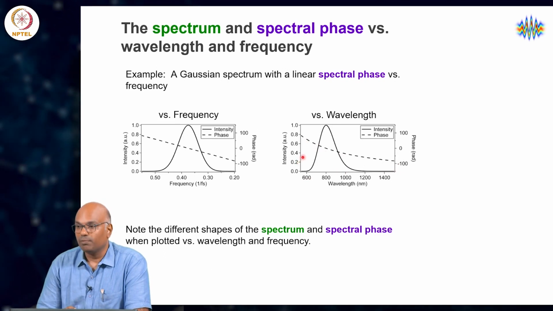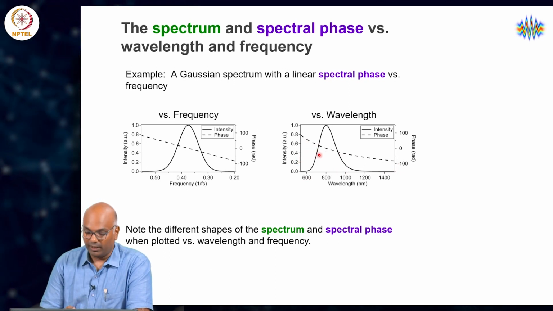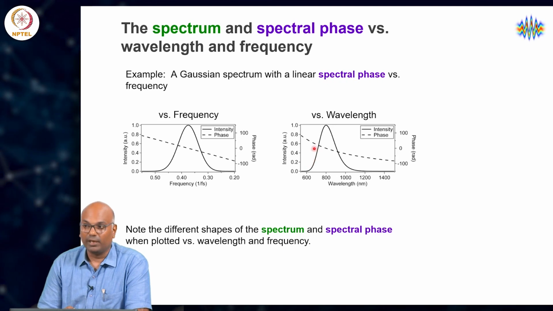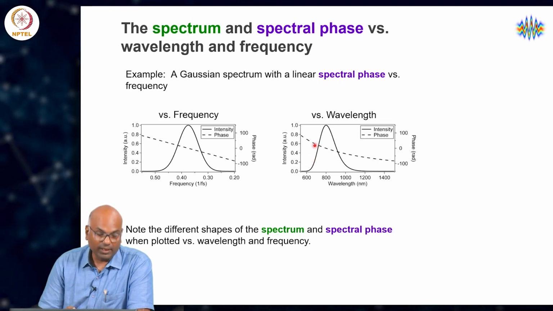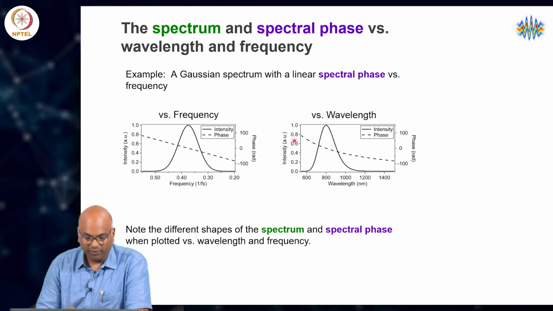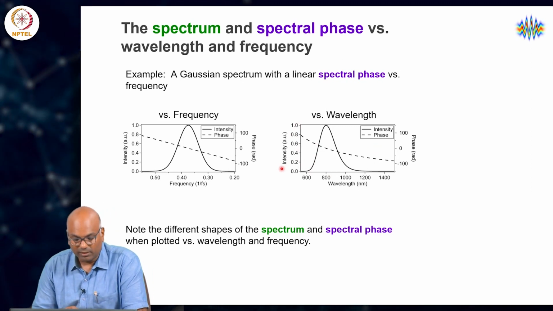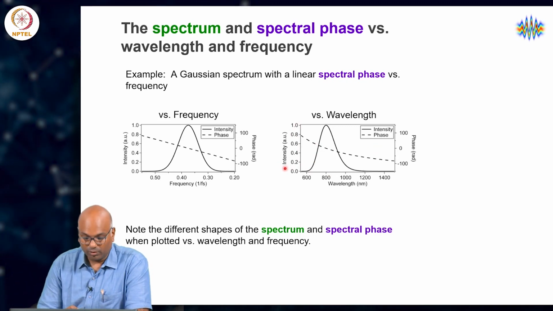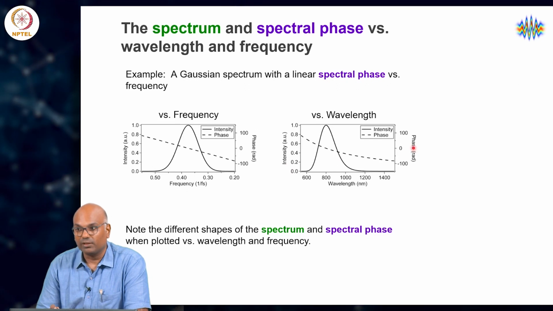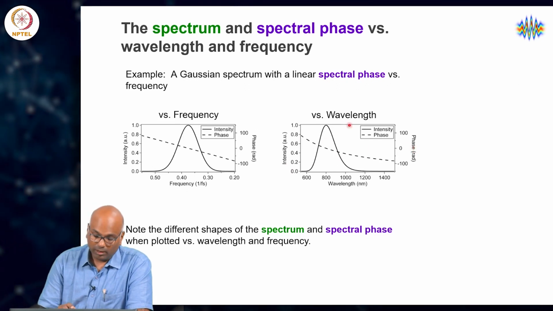In practice, this means that a fingerprint or a portrait of the pulse must contain two curves, one with reference to each vertical axis, the spectral intensity and spectral phase respectively,